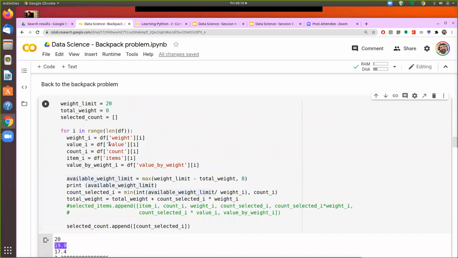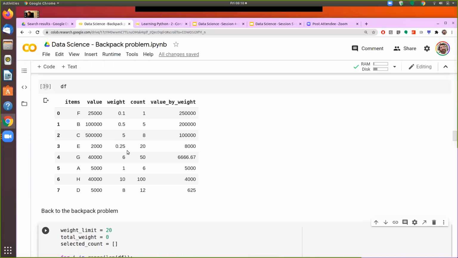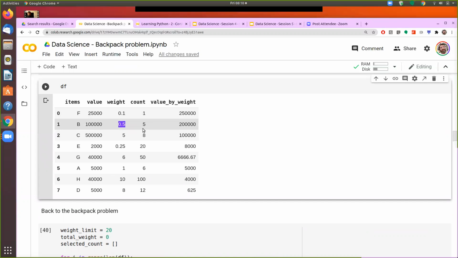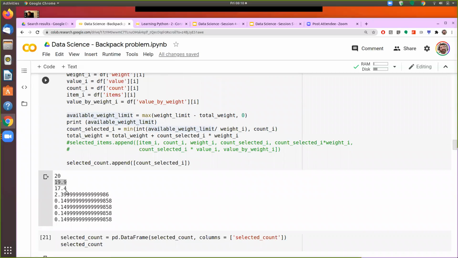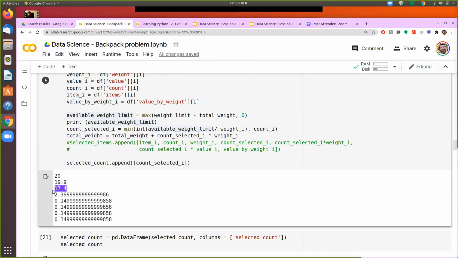Now in the third iteration, it will take the 5 items, each weighing 0.5 kg, so 2.5 kg, and therefore it should reduce by a further 2.5 kg, so it becomes 17.4. Now we know that my computation of the available limit is happening properly.